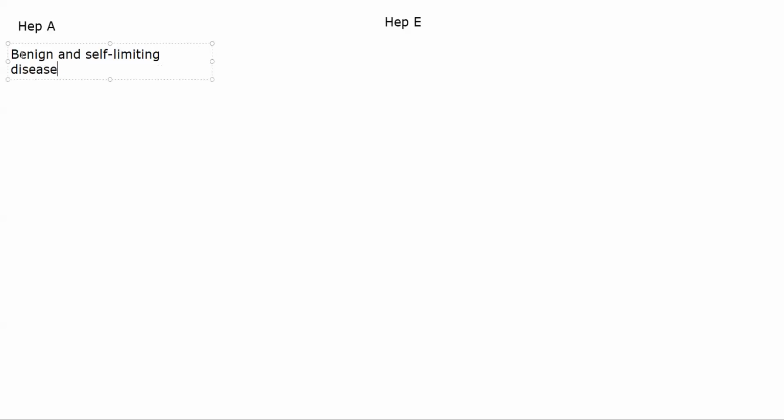All right, this fellow will have an incubation period of 15 to 45 days. Now, incubation period means a period where the person is not showing any symptoms, but they are able to transmit the disease. They can spread the disease to other people, but they are not showing any symptoms. They are asymptomatic, similar to a carrier state. They are basically carriers of the disease, and it mostly affects children, generally 5 to 14-year-olds.